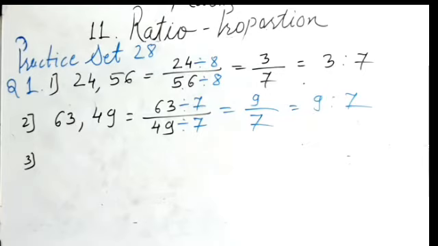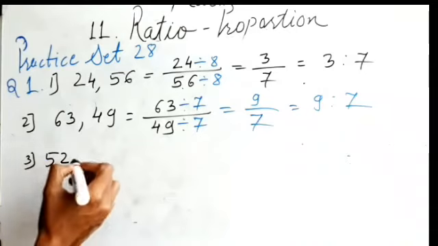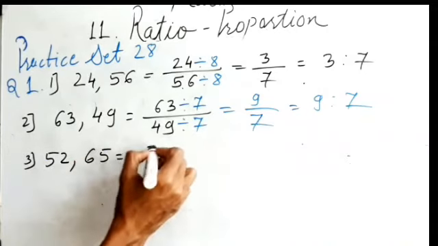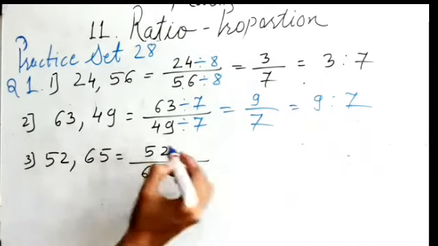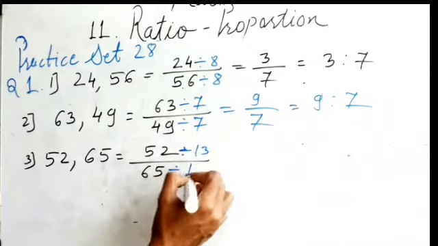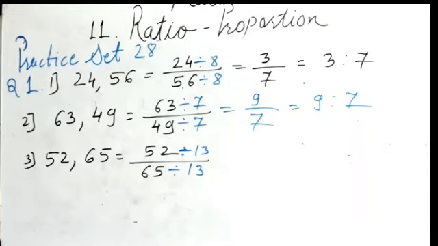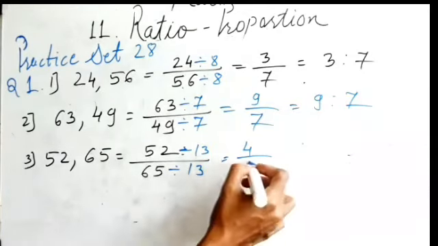Then third example, can you solve like this way now, students? So you can try it. Third example, in the table of 13. Okay, third example let me take 52 and 65. So 52 upon 65. So you must divide it by, see students, you should know the tables. Yes, both the numbers are in the table of 13. So what answer I will get? 13 4s are 52, then 13 5s are 65.